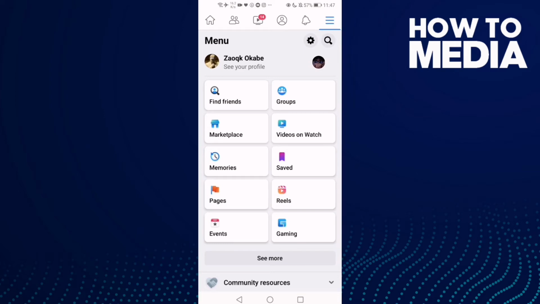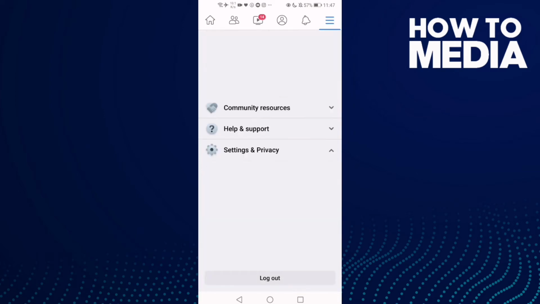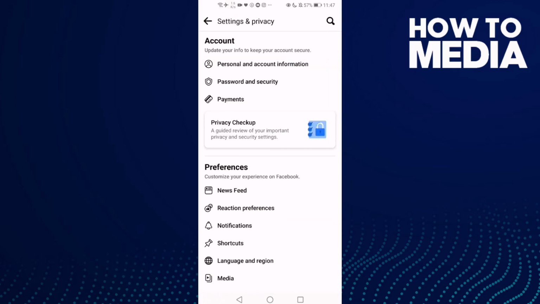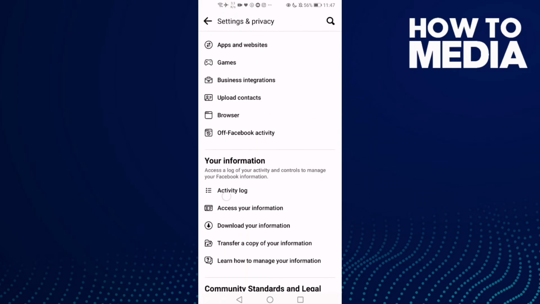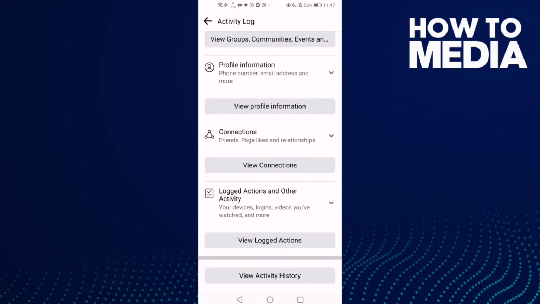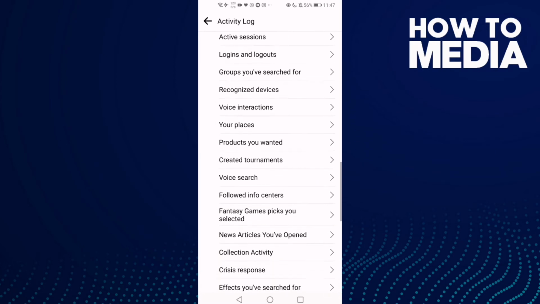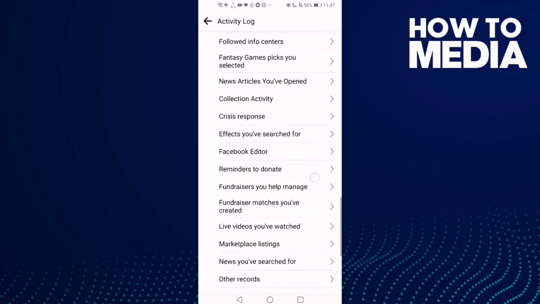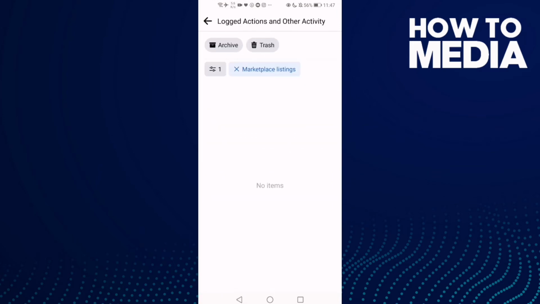and then click these three lines here in the top corner and go down, click settings and privacy and then settings and go down here until you find activity log and then look at actions and other activity. And now just go down here and click this one, marketplace listings, and that's how to review marketplace listings on